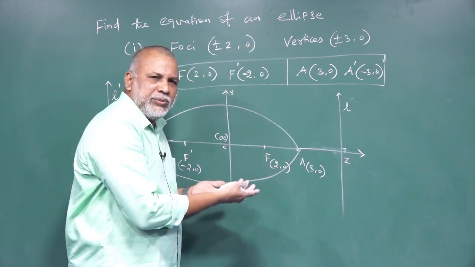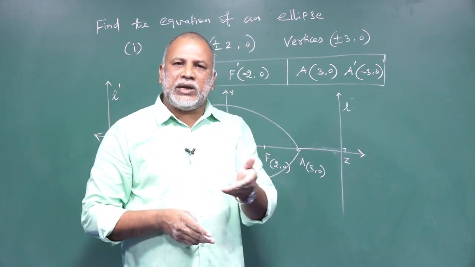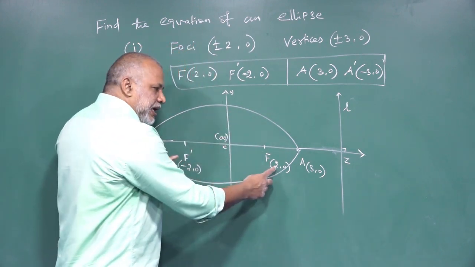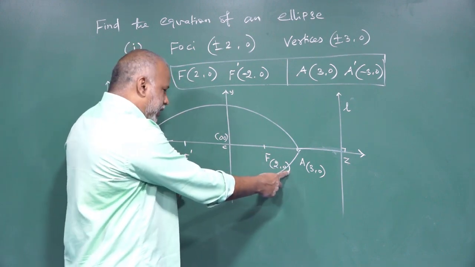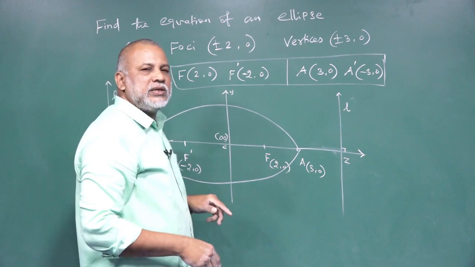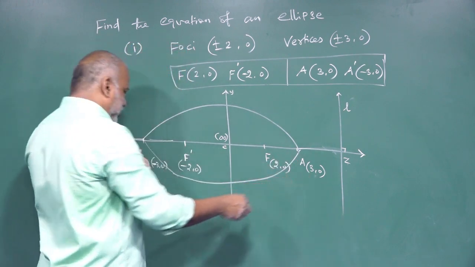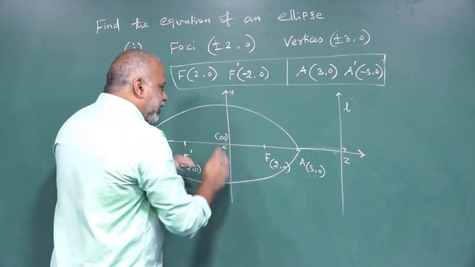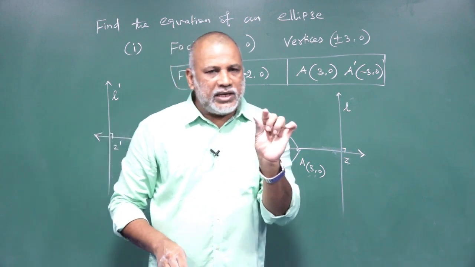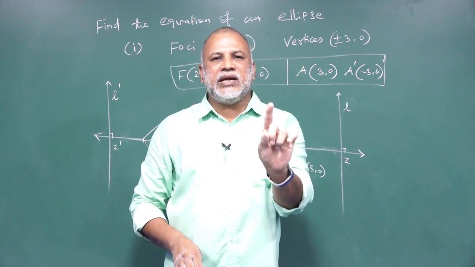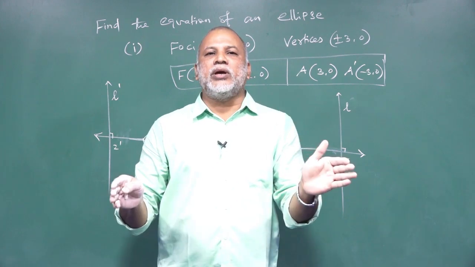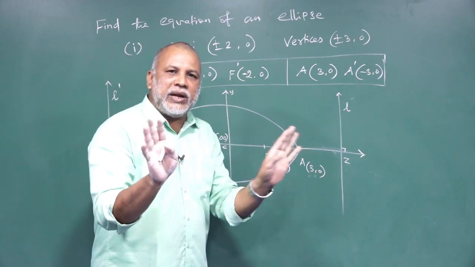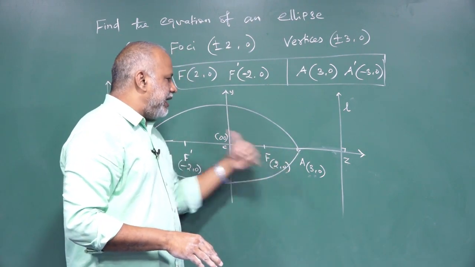See, here it should be the midpoint. What is the basic formula for the midpoint in your 10th standard syllabus? x1 plus x2 by 2, y1 plus y2 by 2. Add this x1, x2, it must be 0. y1, y2, it must be 0. Therefore, it should be 0, 0. As well as for A 3, 0 and A dash minus 3, 0, it should be the midpoint. 3 minus 3, 0 only. Therefore, listen to this knowledge very deeply. C must be the center. It must be the midpoint of F and F dash, A and A dash, Z and Z dash. Here there are two data only given: F dash, A dash only given.